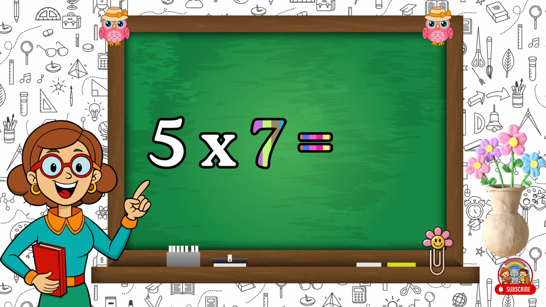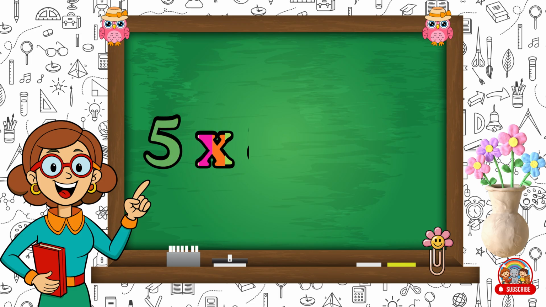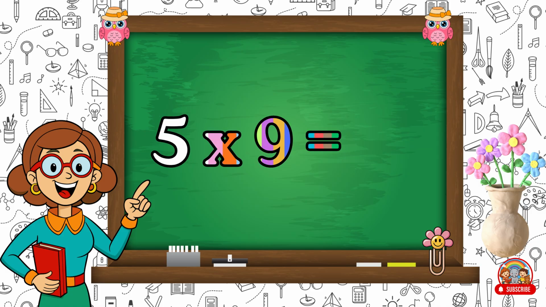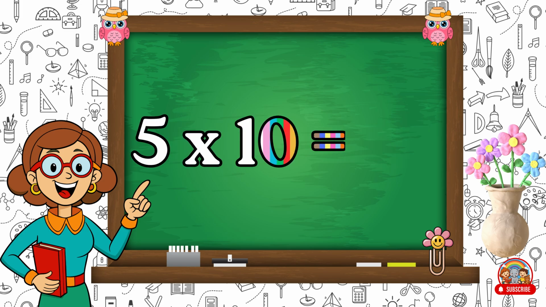5 sevens are 35. You're doing great, kids. 5 eights are 40. 5 nines are 45. 5 tens are 50. So tell me children,